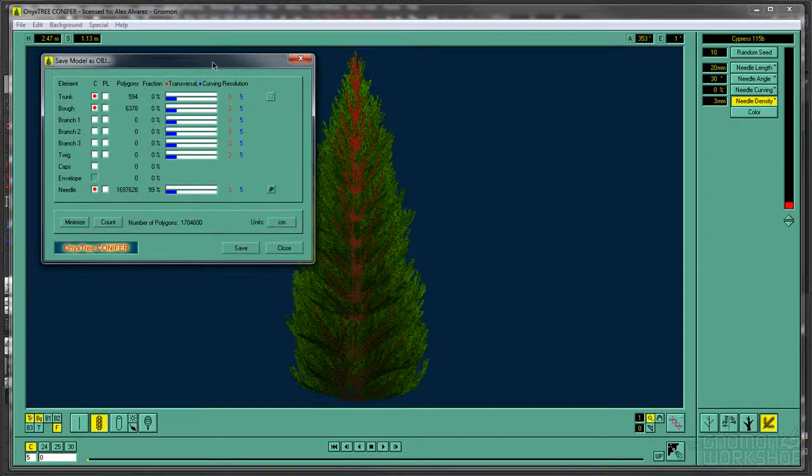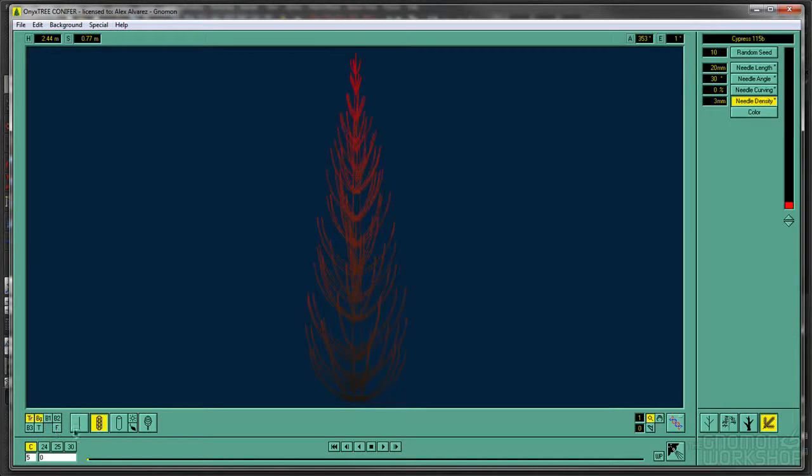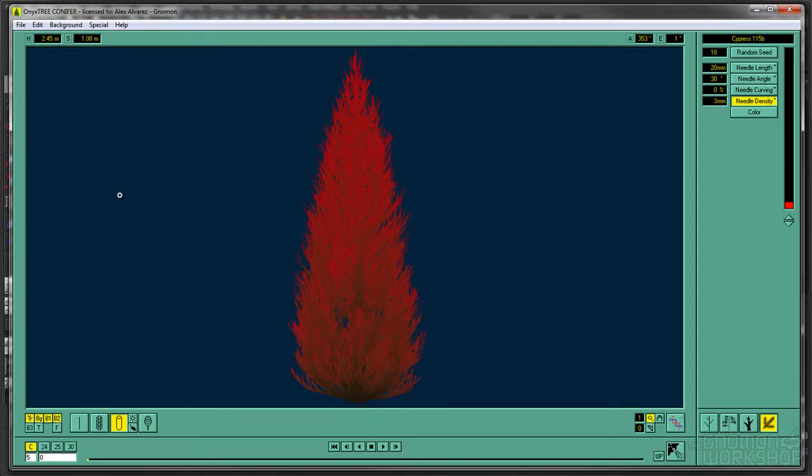So also with this tree, you can see that since there's so many needles on it, they made the decision that maybe you don't need the branches or the twigs. So you can see that those are not being displayed right now. So if I turn the needles off, we can see just the trunk and the bough. If I turn the branches on, you can see that they are in there, meaning there are settings for them, and I can turn on B2. And you can see now it's getting rather heavy just with branches,